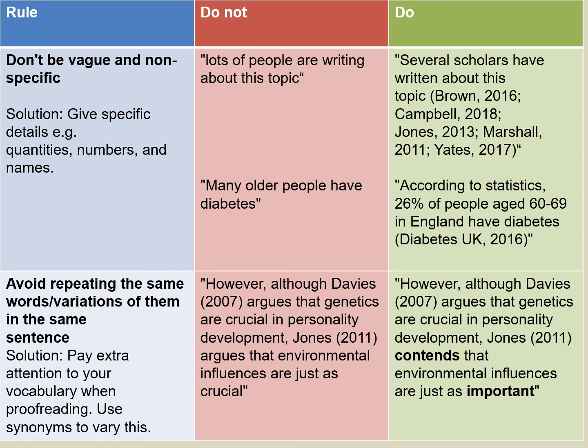We need to show them that this is true. So we may write several scholars have written about this topic and then provide the references here. Just as a tip, I've used a semicolon in between multiple references here, and this is a really useful technique